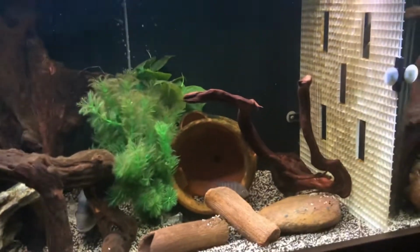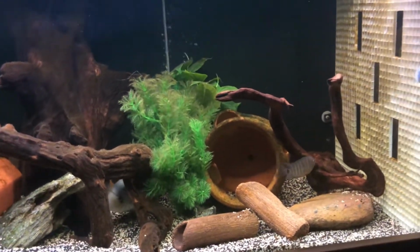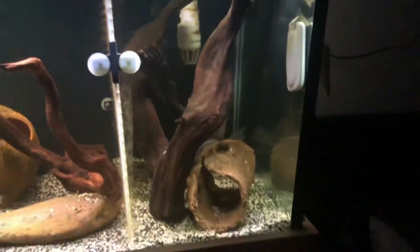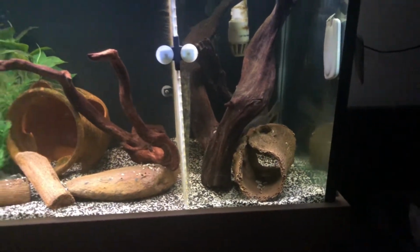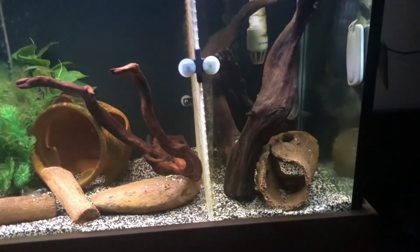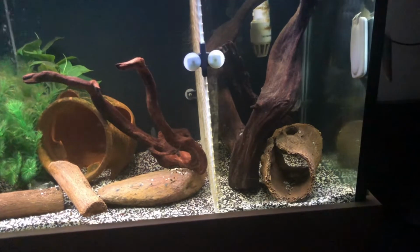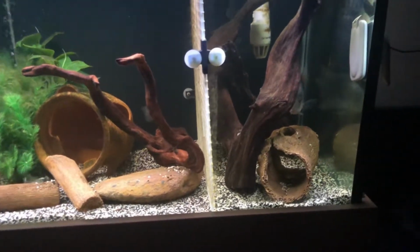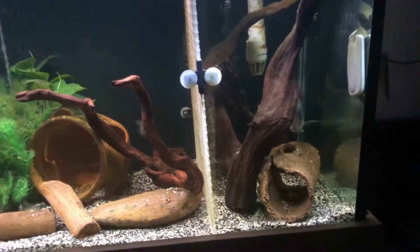But yeah, he swims over, scares the shit out of her, and then she swims back over to this side. So I think even once they're paired up, even if I have a spawning, which would be the dream. Honestly, I don't know about other places in the world, but in Australia, that is the dream of fish